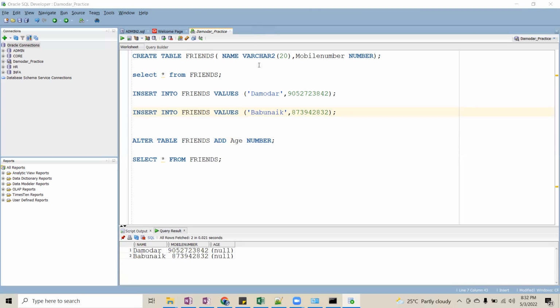Do I need internet connection? No, you don't need any internet connection because you are doing it locally. You don't need any internet connection. Okay, now